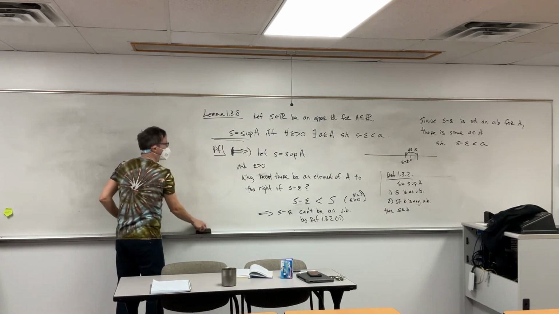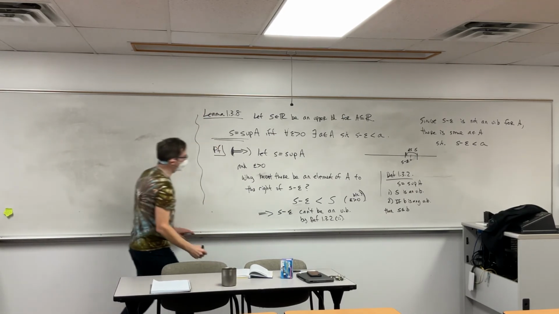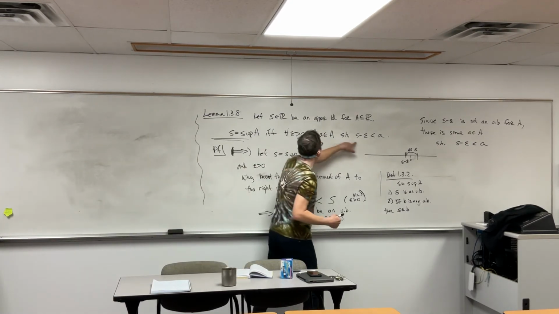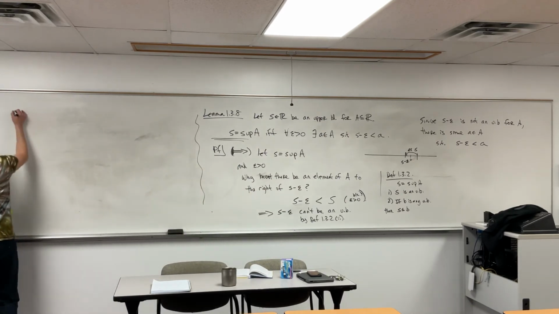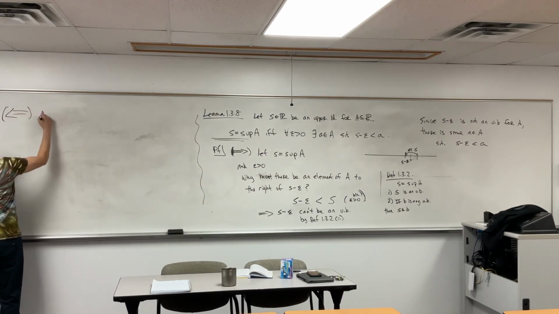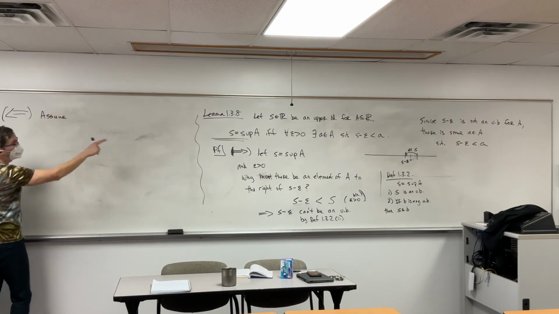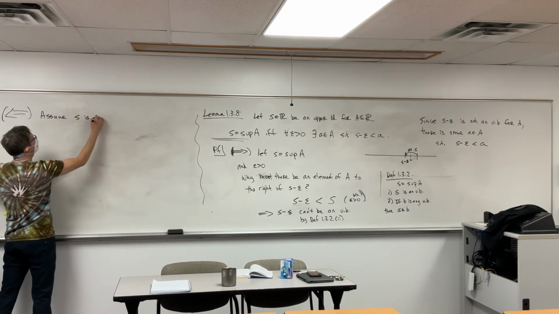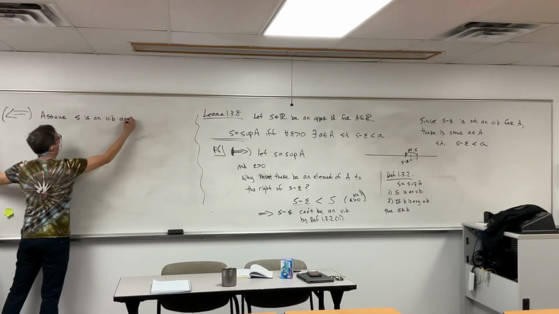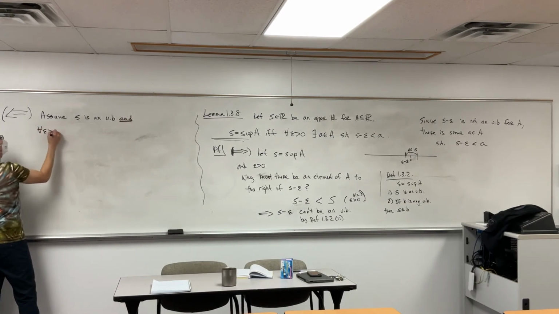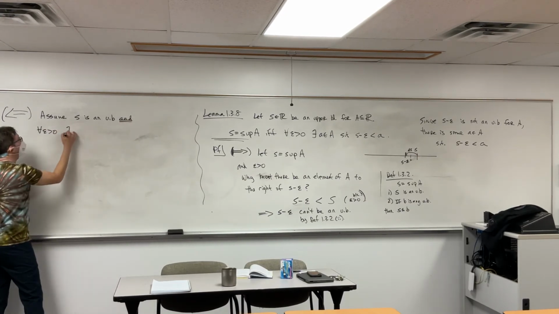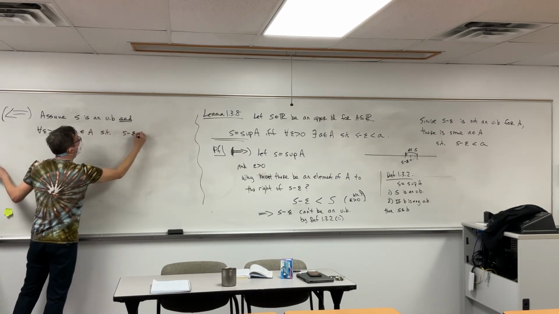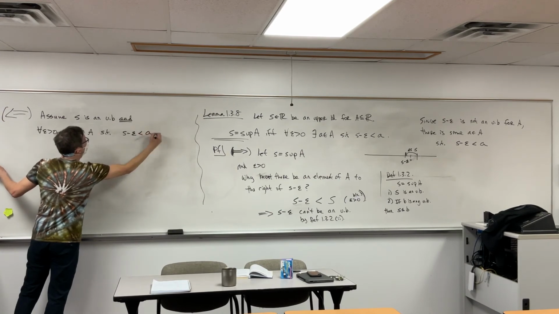I'm going to help on this one, because there's a trick. So now we're going to assume this condition holds true. First off, we have two things. We know that S is an upper bound, right? That's like the meta assumption. And for all epsilon greater than 0, there always exists an element of A to the right of S minus epsilon.